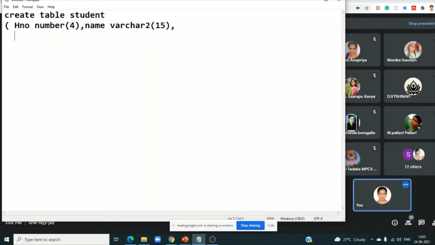What is that, group or class? What is the class? That is char. You have to specify only BSc, MPC, like that. Here you are using character type 3. Next, gender, char. I want to specify only male or female, M or F, a fixed type char 1. Like that you can close.